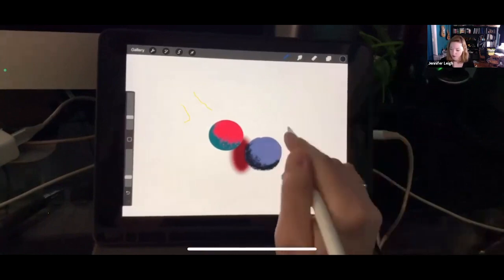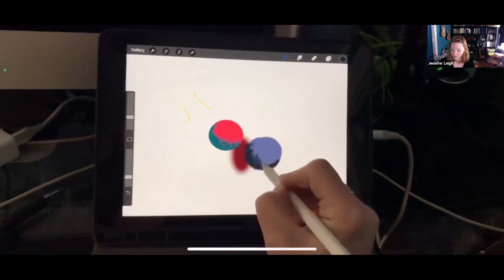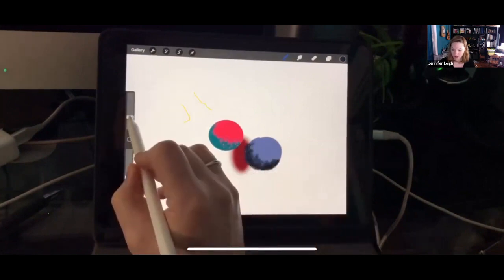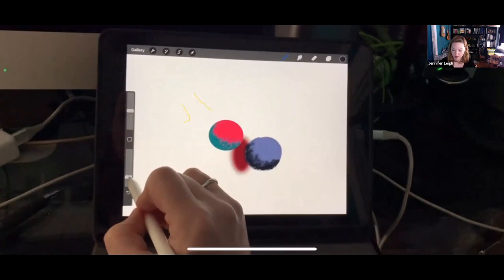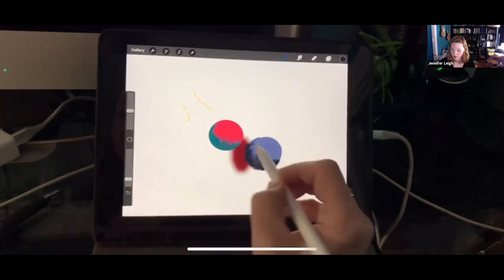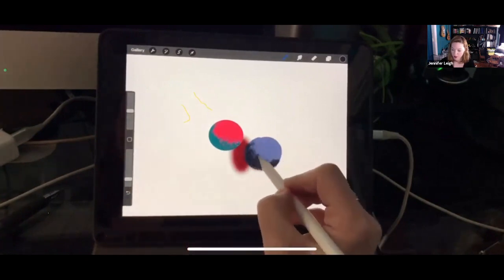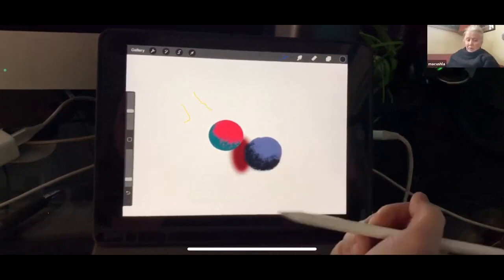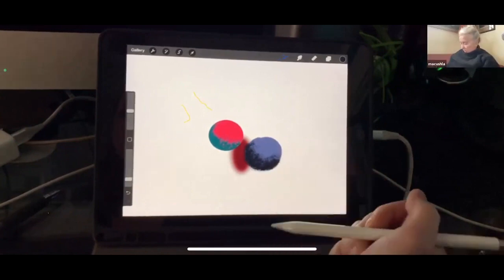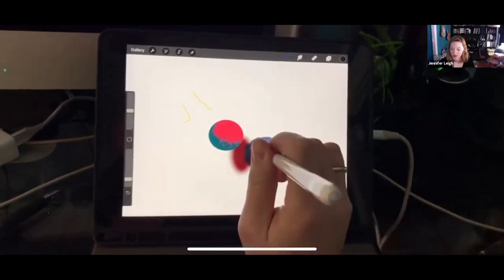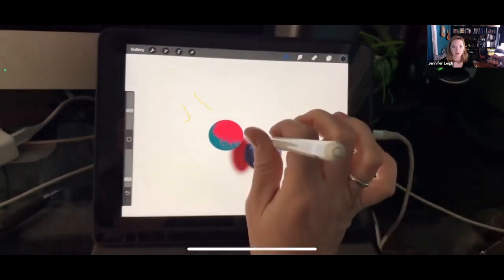So now let's stay on that same layer. Go ahead and feel free to play around with the size of your brush and the opacity. And just kind of sketch that in as if it were a shape in space. And the harder you push, the darker it gets, too. Exactly. And also the other thing is the angle of your pencil will